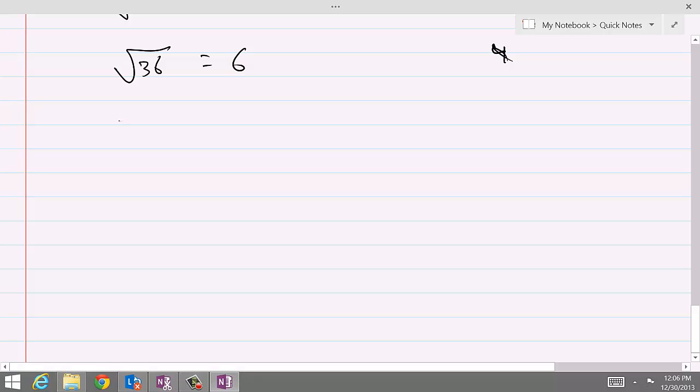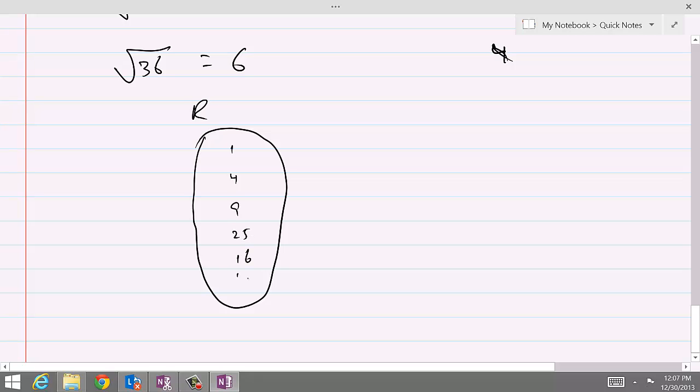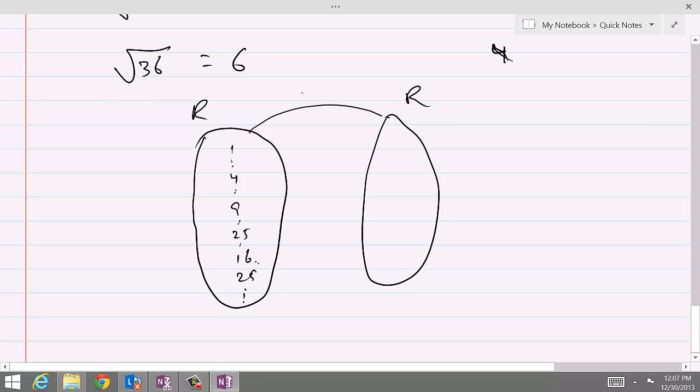And if we want to represent this, let's say that we got a Venn diagram. In the Venn diagram, we have a set of real numbers, 1, 4, 9, 16, 25, and so on, and obviously there are so many numbers in between. And if they are connected, a function, what is a function? A function is only a rule that transforms numbers of one set to another set. So if this operation or function is a square root,